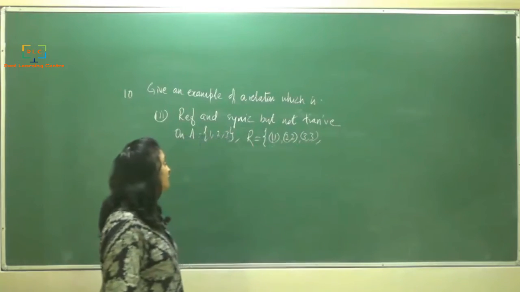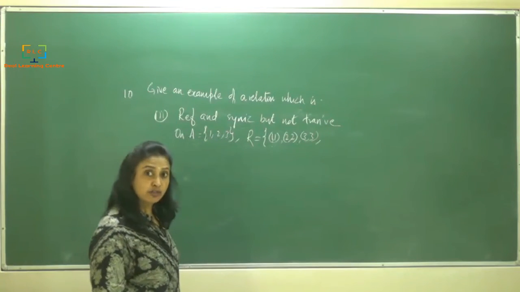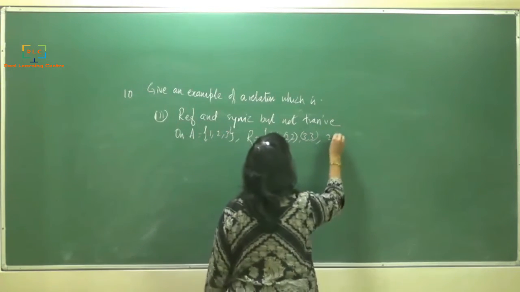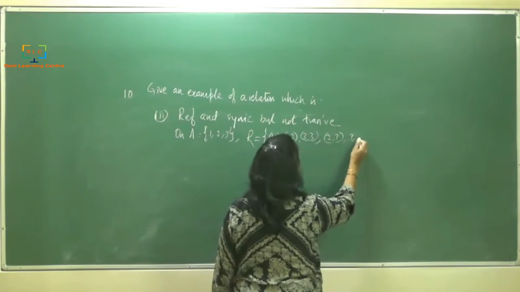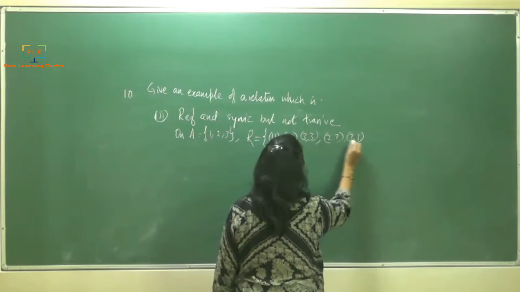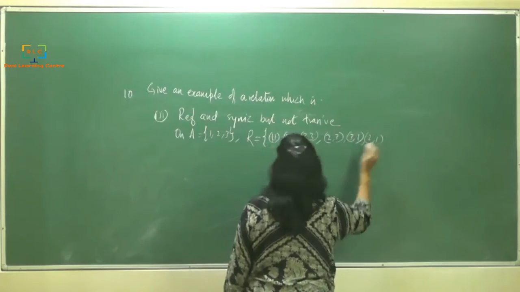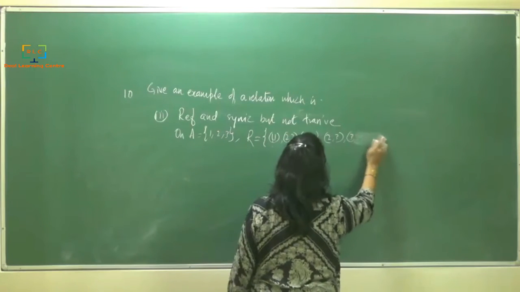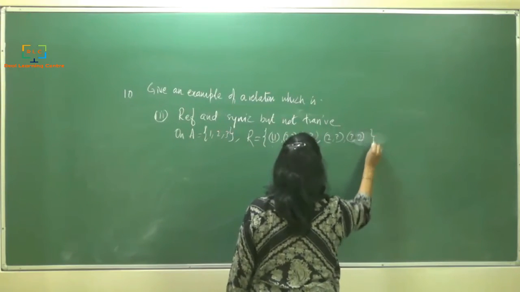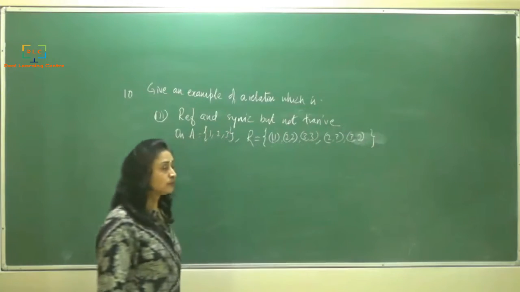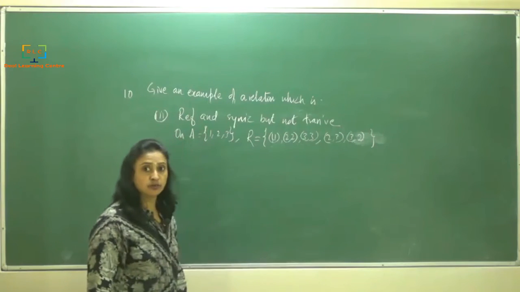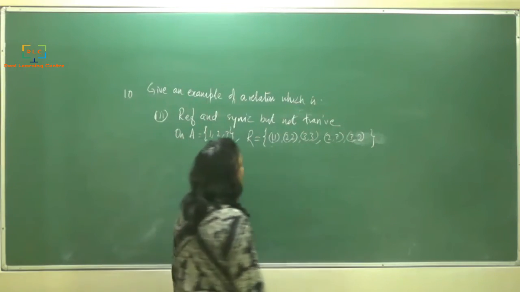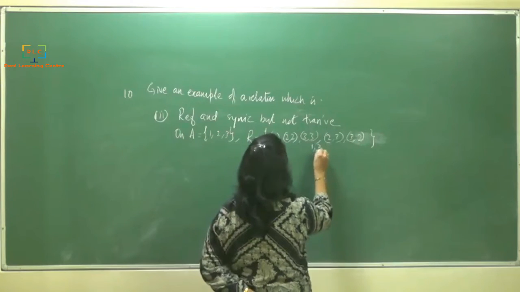Okay. Next, it should be reflexive and it should be symmetric also. So I'll say some 2, 3, 3, 1. For that I'll write 2, 1. Oh no, it should be only what? It should be only symmetric. So I'll say 2, 3, 3, 2. But now it became transitive also. So I should take another pair. So now I'll say 1, 3,